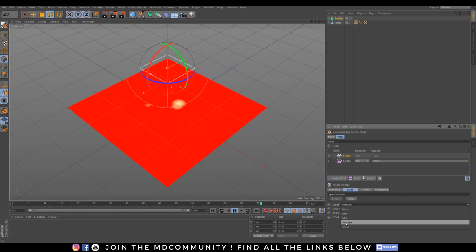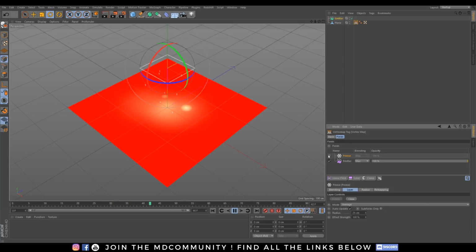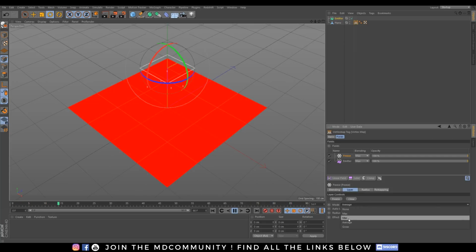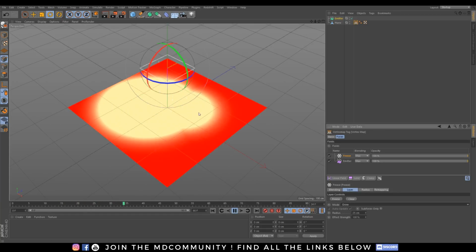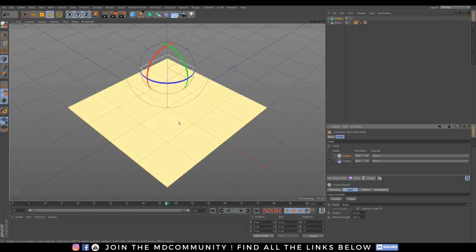The average mode will do a little average and will help to blend things together by adding a sort of blur effect. It will be used to create the reaction diffusion effect because it's blurring something. And the growth effect is pretty easy to understand. You see, you have a simple grow effect.